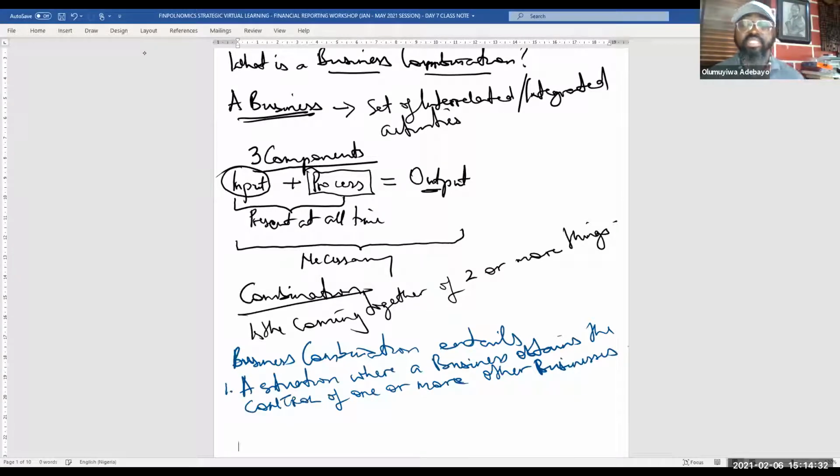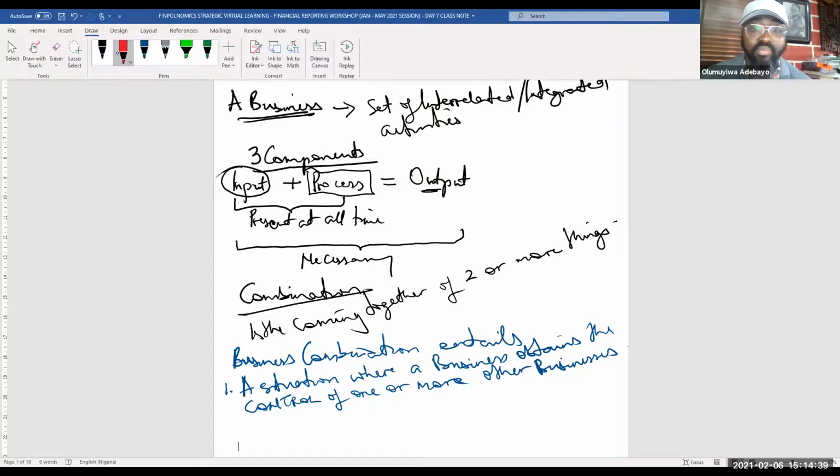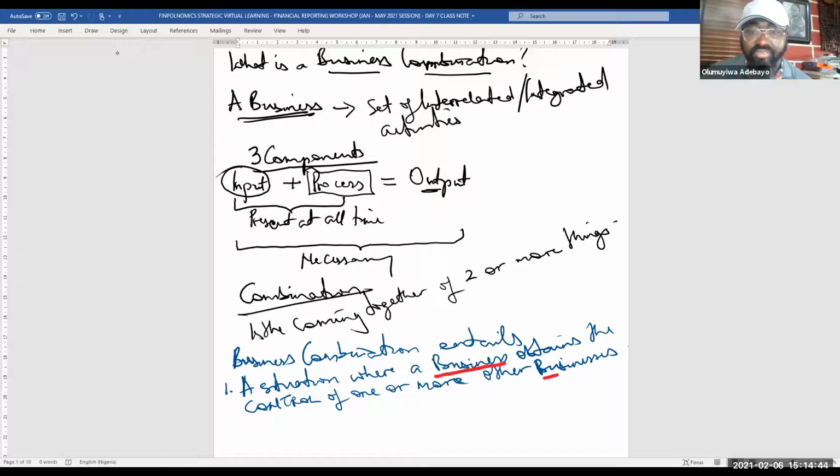This is when we have a business combination, which means the key words involved here are, one, those involved qualify as a business. Two, control exists in that arrangement, where no matter the amount, whether they are 2, they are 3, they are 10, one of them controls the others.